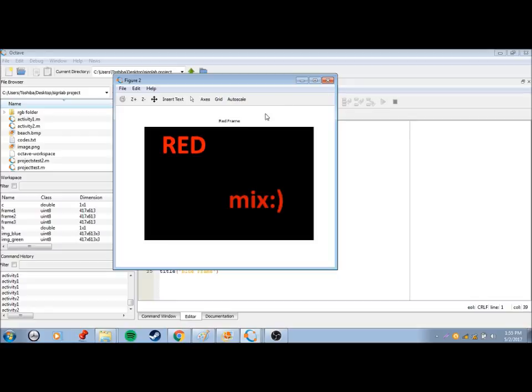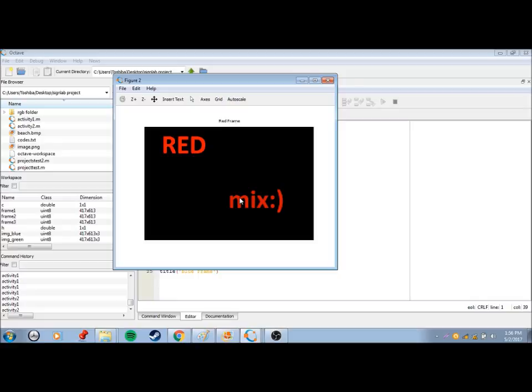And the next one is the red frame. As you can see, the green and blue frames are not present since not a single value of red was put on those two. In the mixture, as you can recall, we put a value of 200.